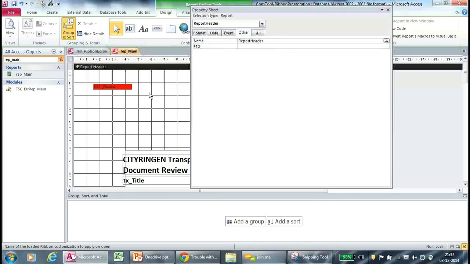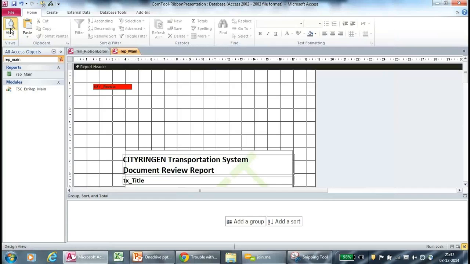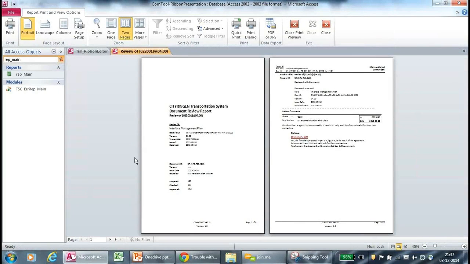Let's see how it looks now. So this is just the one I copy-pasted. Looks similar, but it has a sort and filter, still has the page layout, has this first print button, and now it actually has a couple of close buttons. So if I go back, close this report,